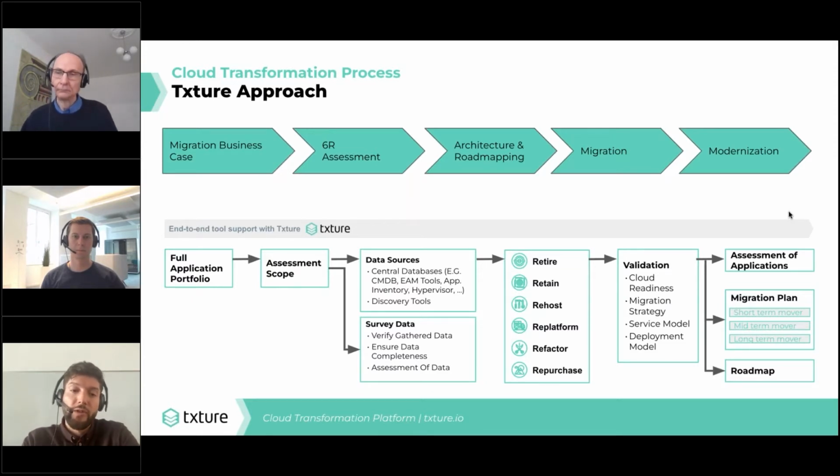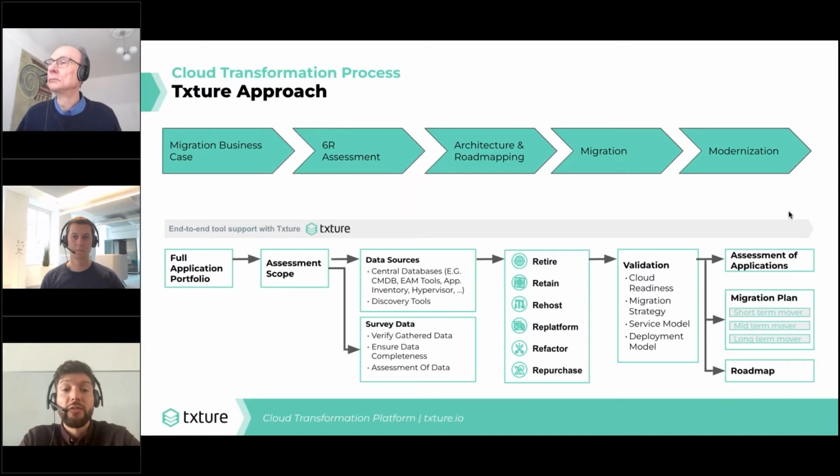This is one of the points that sits in front of it, right? So when you get your migration business case, you have a need or an urge, or some of the infrastructure needs to be moved, or just certain SaaS products and so on. Once this is all established, you use Texture